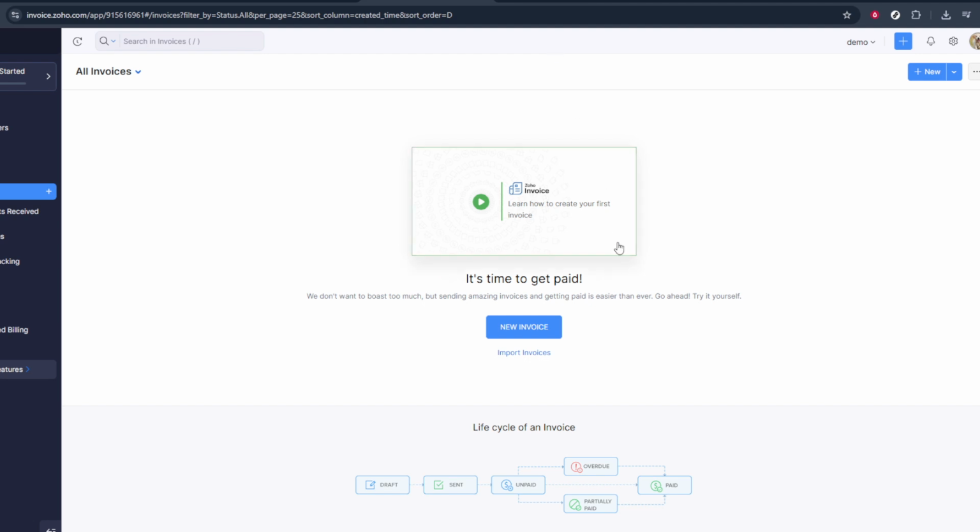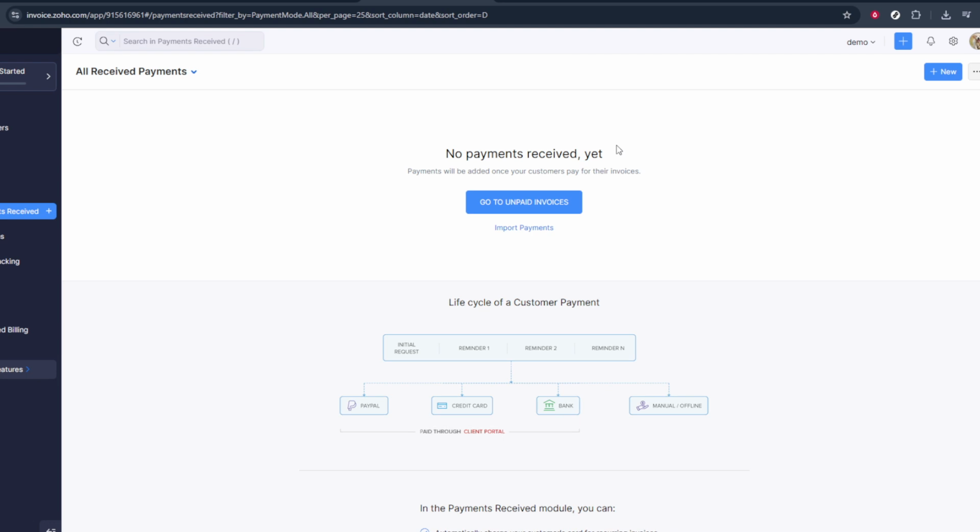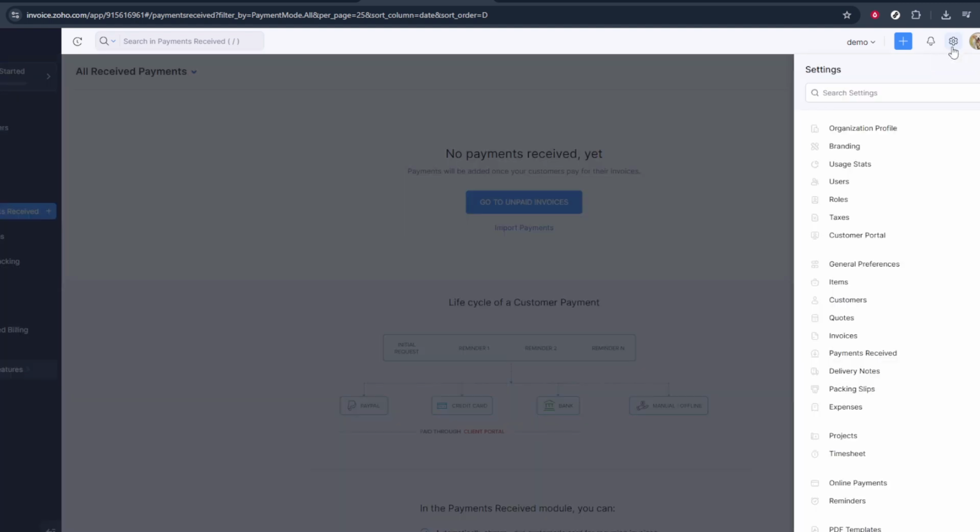First, open your browser and log into your Zoho Invoice account, just like you normally would. Once you're signed in, you should land on your main dashboard. This is the central hub where you can see things like recent invoices, outstanding payments, and other key information about